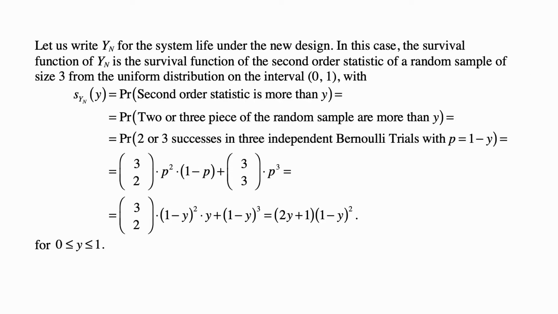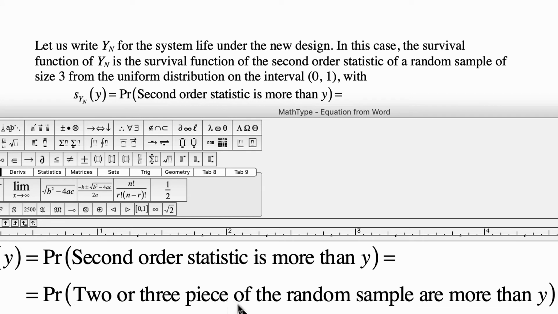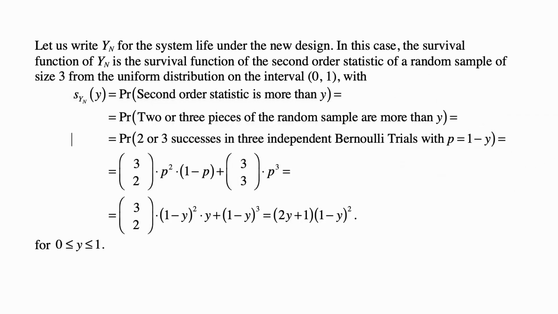Now let us write Y sub N for the system life under the new design, where N stands for new, of course. In this case, the survival function of Y_N is the survival function of the second-order statistic of a random sample of size 3 from the uniform distribution on the interval 0, 1, and that S_{Y_N}(y) is the probability that the second-order statistic is more than y, which is the probability that 2 or 3, but 2 or more, but that's 2 or 3 pieces, I should have said pieces here, of the random sample are more than y,